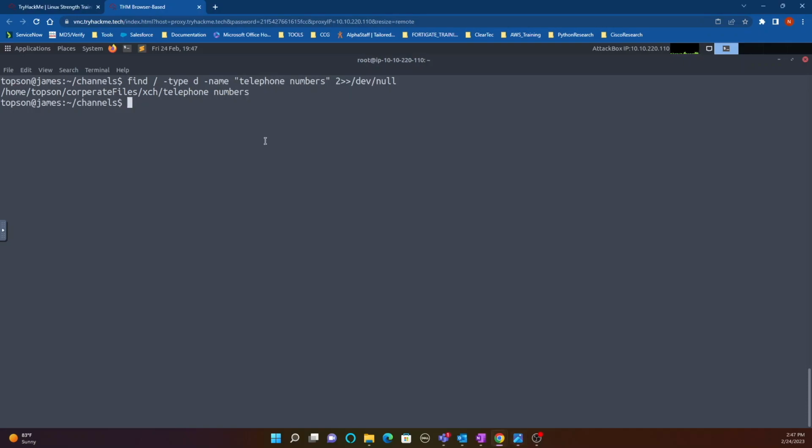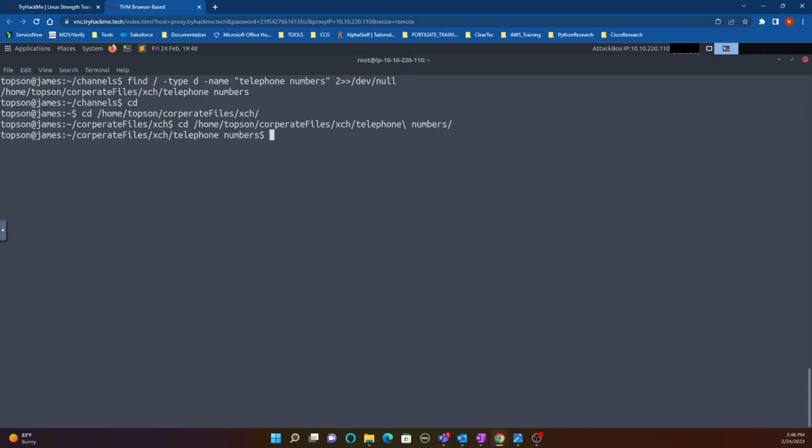So the next thing is just, again, change directory over to that. So let's start from the beginning. cd /home topsun corporate files xch, and then there goes the telephone numbers. Sorry, that's a directory, so we got to finish that out, right? And then now we're in there. And then if we do list, there's a file right there,